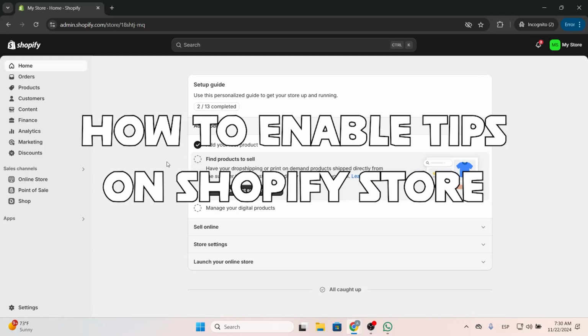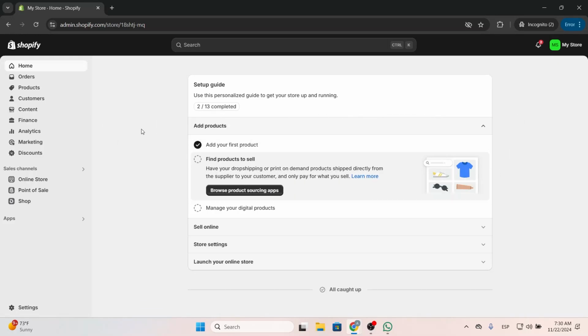Let's see how to enable tips on your Shopify store. So this is very easy and helpful if your customers want to support you, and it will only take a